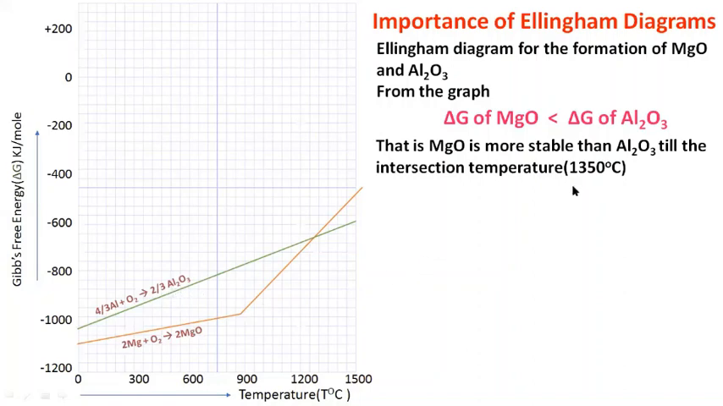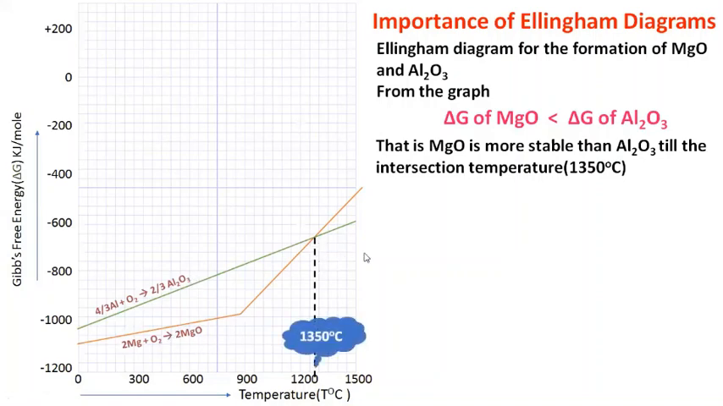at less than 1350 degrees centigrade. Why? Because here you can see there is an intersection. Up to this intersection, the line of magnesium oxide is below and the line of aluminum oxide is on top, due to which up to this particular temperature, magnesium oxide is more stable because the delta G value will be less,